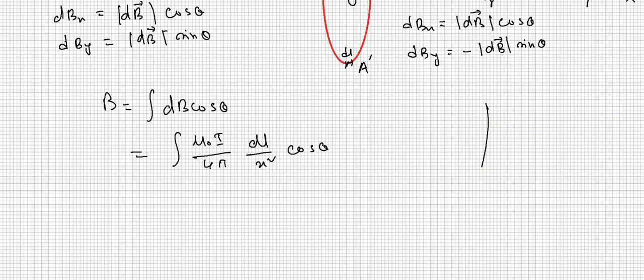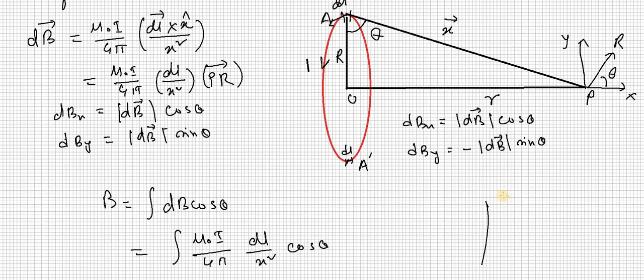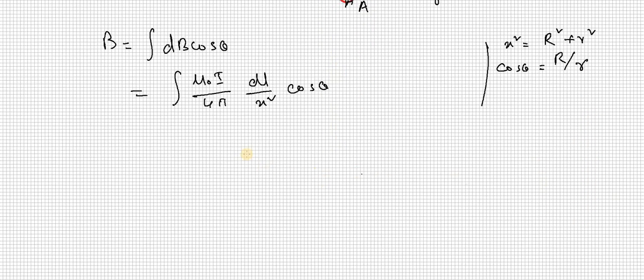From the figure we can write x square is equal to R square plus r square, and cos of theta can be written as small r by capital R. If we replace cos of theta, we will get integration mu naught I divided by 4 pi, dl divided by x square multiplied by r by